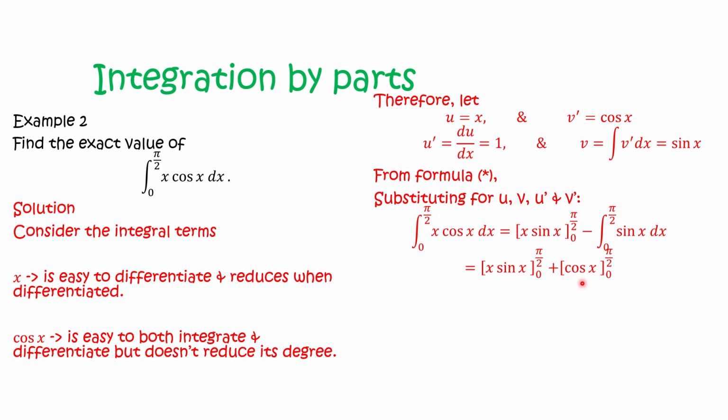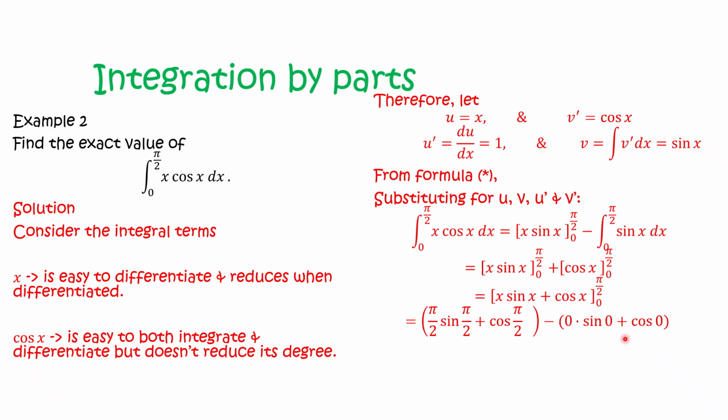With that, we are going to get cos x. Now, we've got two parts, and the limits are the same. So if the limits are the same, we can combine the two parts so that we have x sin x plus cosine x from 0 to pi over 2. And then we evaluate by substituting the upper limit and subtracting what we get from substituting the lower